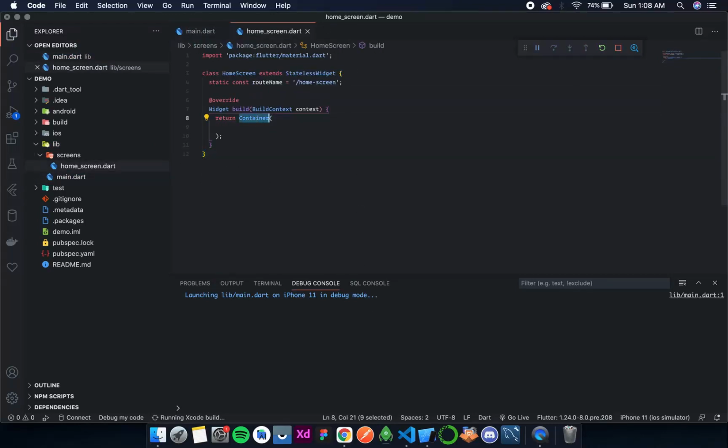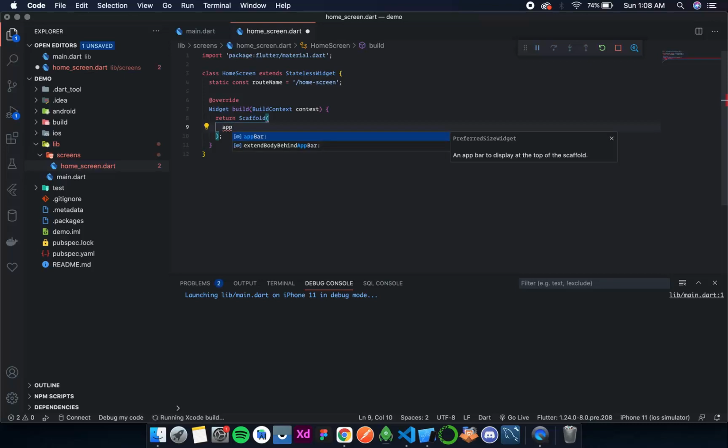So now over here it will be a scaffold, and then let's add a simple app bar. The app bar has a title that takes a text widget, and the text widget says task manager. Neat.